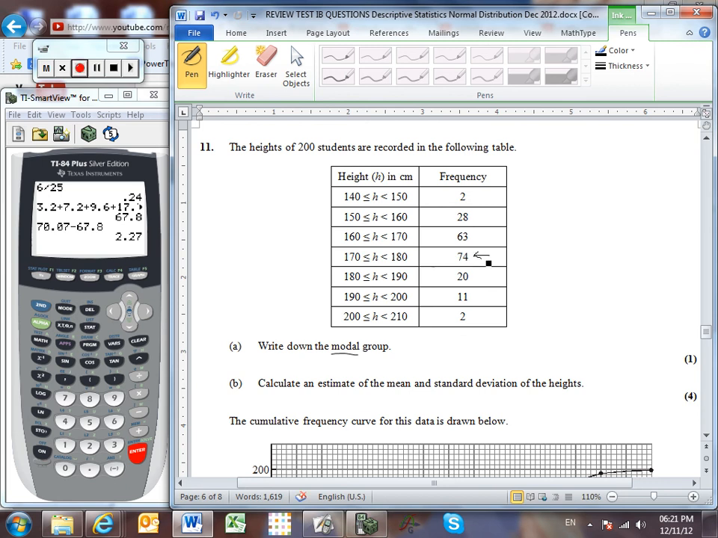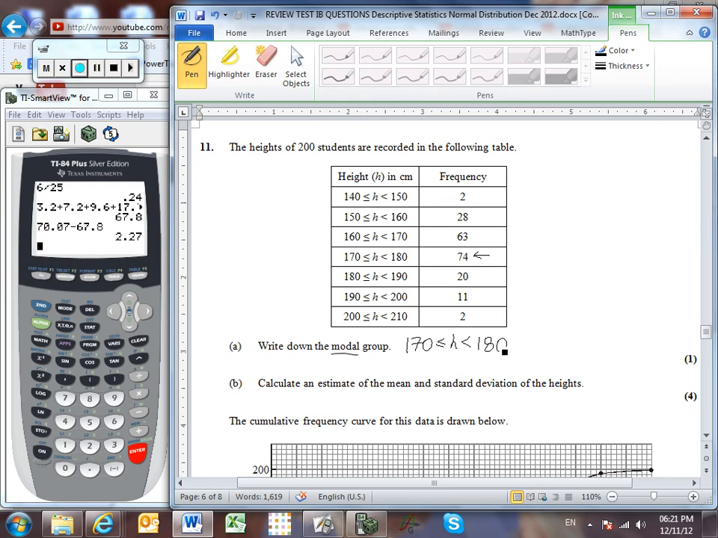Do not write down 74, however. The modal group is 170 to 180. So that's the category of data that occurs the most frequently. Calculate an estimate of the mean and standard deviation of the heights. Remember that when you were doing estimates of means and standard deviations from a frequency table, you need to